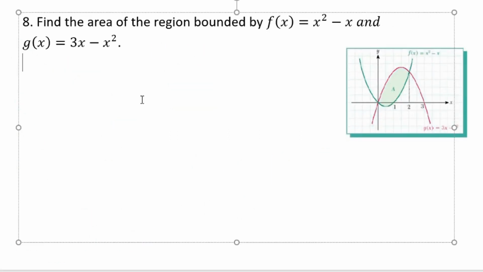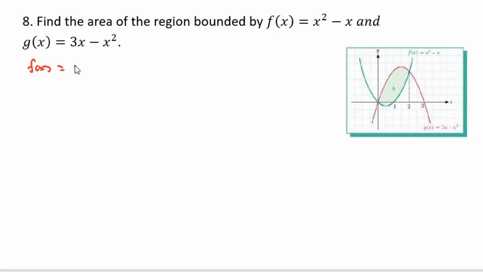So number 8, find the area of the region bounded by f of x equals x squared minus x and g of x equals 3x minus x squared. First of all, we're going to equate the two functions. So therefore, this can be written now as f of x is equal to g of x. So we can write now x squared minus x is equal to 3x minus x squared. So transposing that, this becomes 2x squared minus 4x